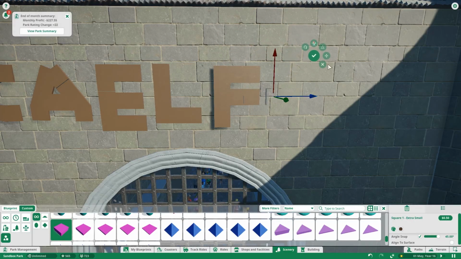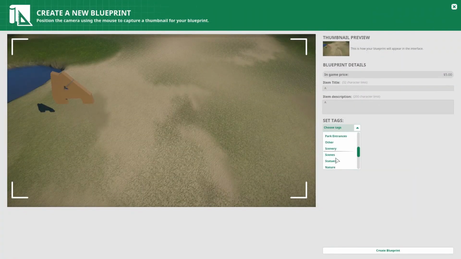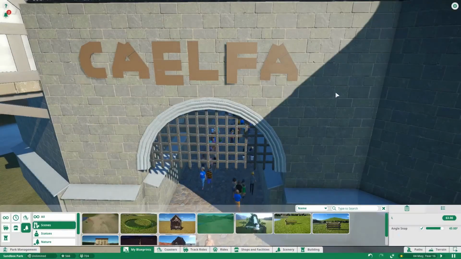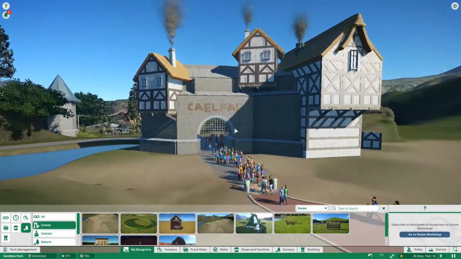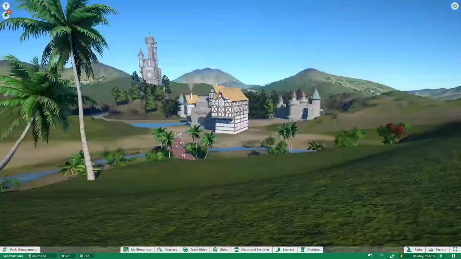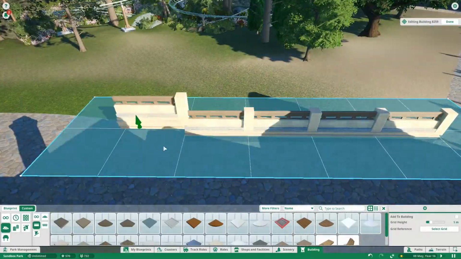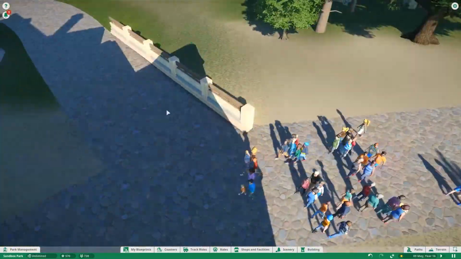It achieved what I wanted it to, but I just think there are better ways I could have gone about it. So I made blueprints to copy the letters so that they all look similar. So it worked, and I was happy with it. Now I'm adding in some more fences, but I wanted to talk about